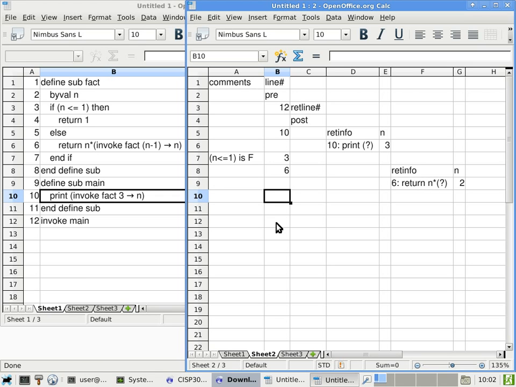Okay. So where am I going now? I'm invoking factorial again. So that means I have to start from the beginning of factorial at this point on line 3. Line 3 is doing the same thing and is less than